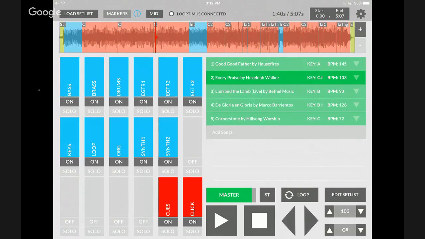So right here we have our cues and click tracks. These are red and all your instrumentations are blue, and that's different because when you're using Prime to go into your system, you just plug your audio cable into the headphone jack, and Prime knows to pan all of the blue tracks, which are your instrument tracks, to the right channel, and then your red tracks, your cues and your click, will be panned to the left